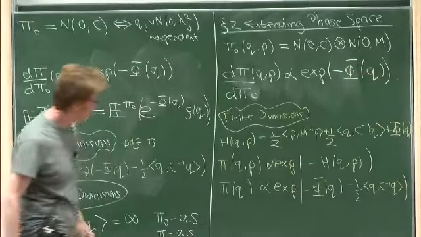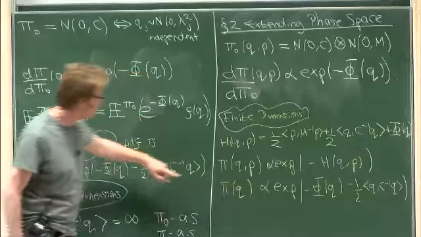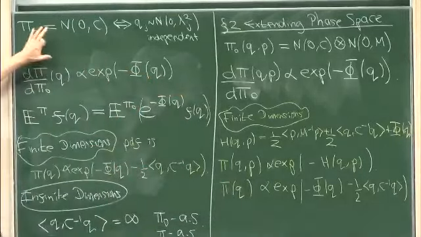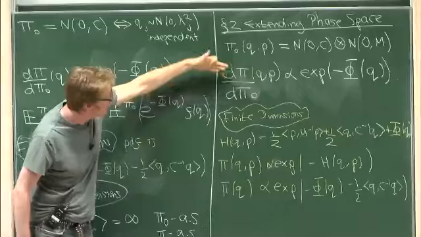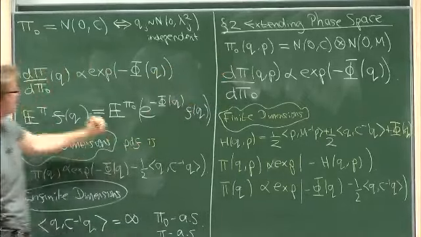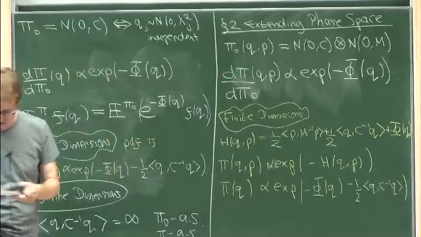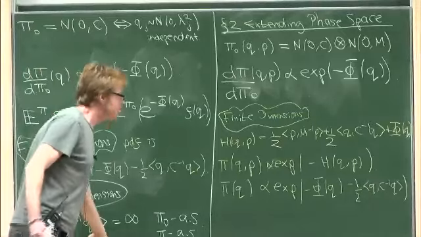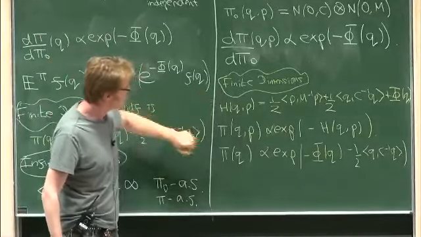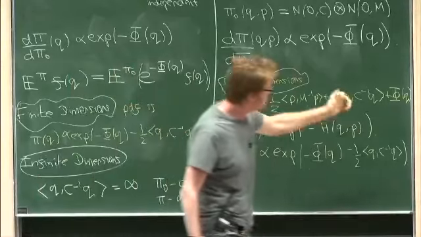So if I was really being nice to you, I'd have different pi's here to distinguish the extended phase space from the original phase space. And we do, in the paper, have larger pi's. Just in case anyone reads the paper, we have larger pi's and smaller pi's, but I can't do that on the blackboard. So in hand-waving terms, I would like to write down Hamiltonian mechanics for this H in infinite dimensions